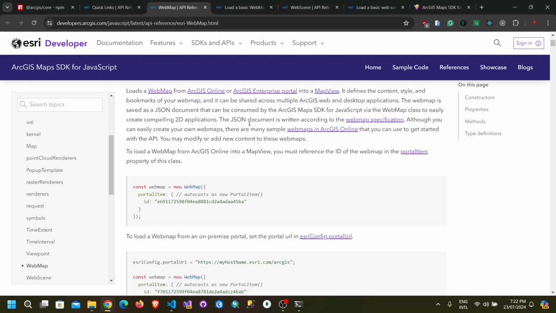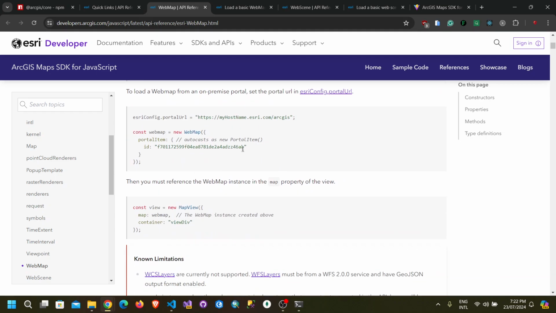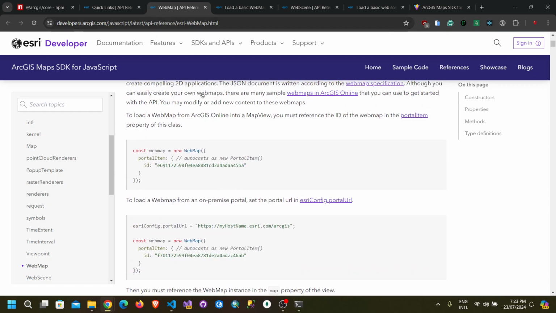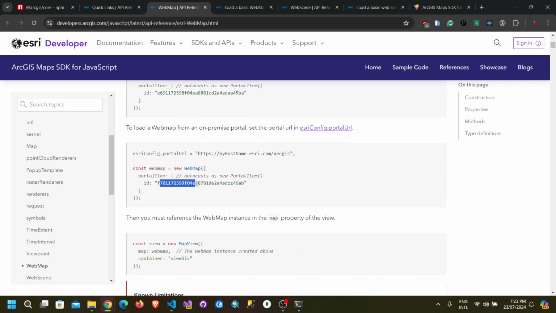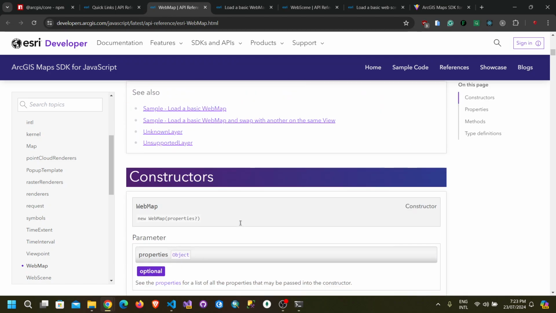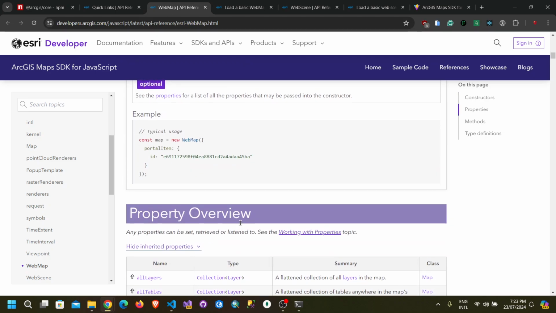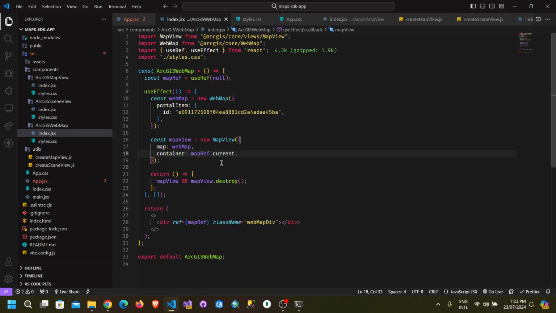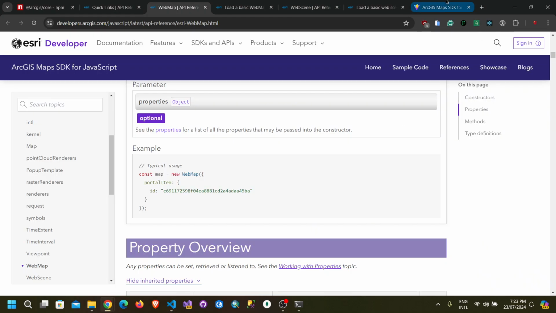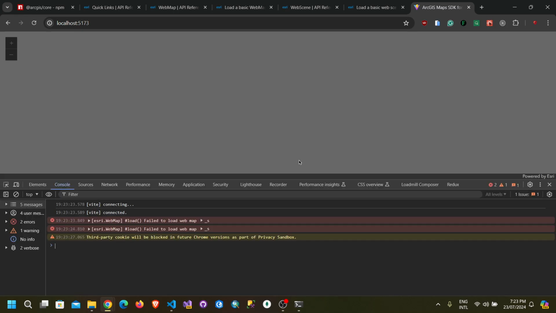so the next one is, this was for this web map. Maybe let's try to use a different ID here. Let's copy this ID here to see if it's working fine for us or not. Let's try a different one. So I will replace this ID here. Let's go back to the application. Okay, refresh. Yeah, I think maybe this portal item,